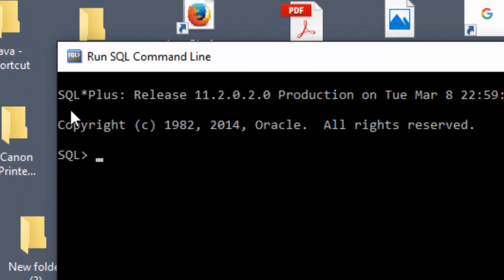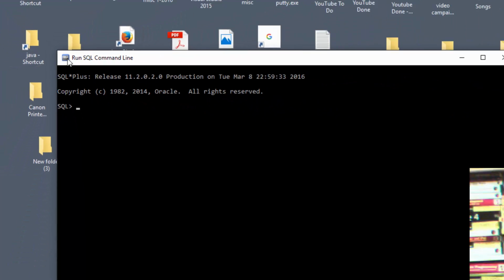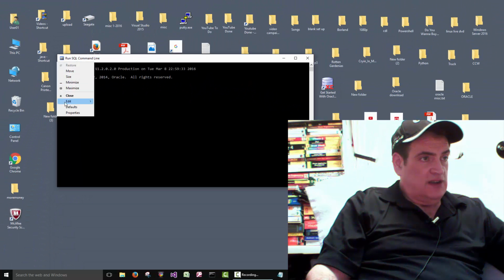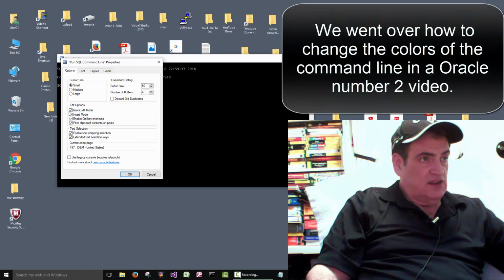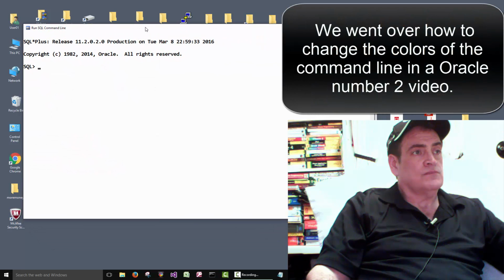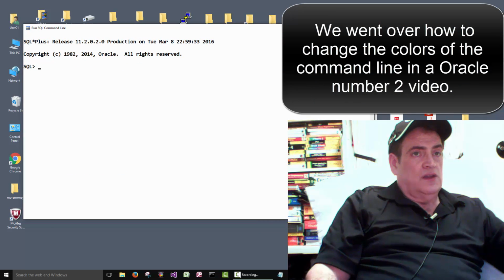You can see here this says SQL Plus. That's the name they give their command line. Let me go ahead and change the colors. Okay,